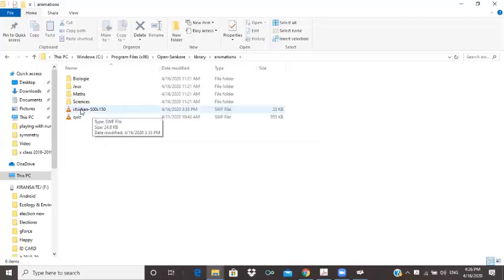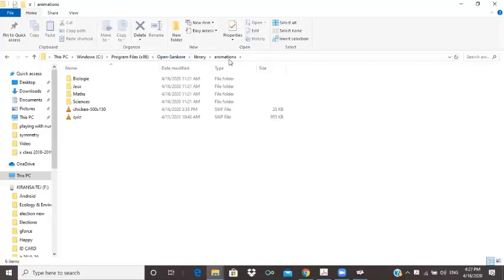That is this SWF. Now I have already inserted a quiz, which I made on my own. I will show you later. These are in animations, in library, in Open Sankore, in Program Files (x86), in Windows C.